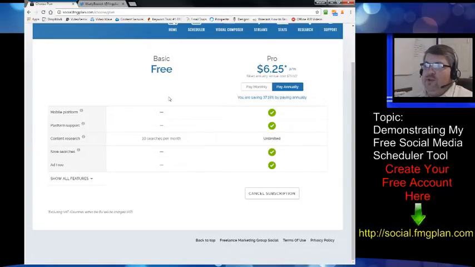So I let you do all the basic features where you can do posting. You can get in there and post all you want. I don't limit you in any way on doing that. As far as the research goes, I limit it to 10 searches per month, but you could easily go in there and schedule all your posts up, and I won't charge you a dime to schedule your posts. I don't stick ads inside of your posts.